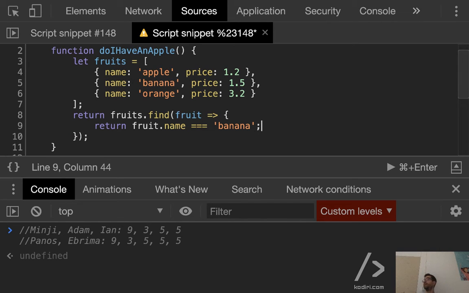That's correct, Minji. Yeah, it's the same process. The only thing is, on each stop of the journey, we need to change the condition because now we don't have an array of strings. We have an array of objects, so we need to deal with that use case scenario. Yeah? So if we run it,